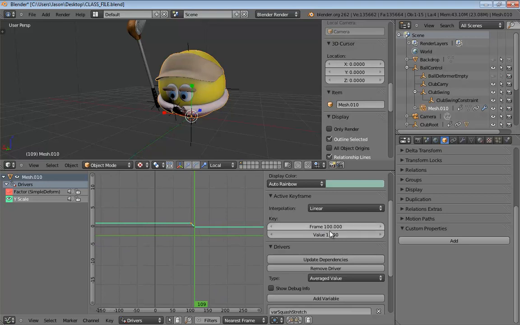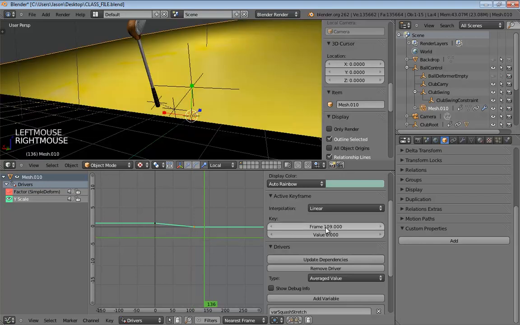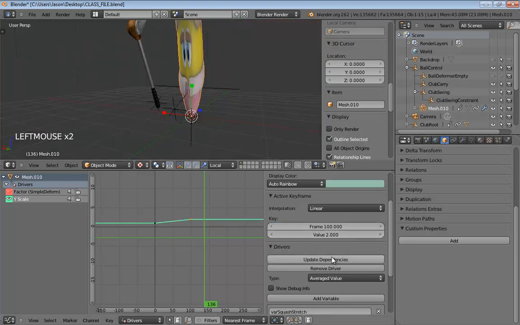Let's see, it got keyframe at 0, yeah. But you had the other keyframe selected that you just pasted. Yeah, I hit a weird key or something, but just make sure that first key at 0 stays at a value of 1 and doesn't move around. So make sure I have this selected. We'll take our frame and set this to 100, and let's set our value. Let's just try something like 2, and we'll update that.